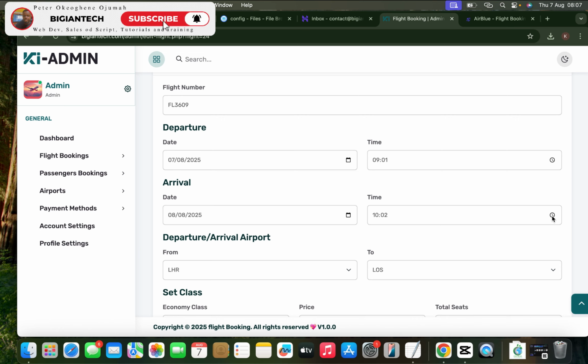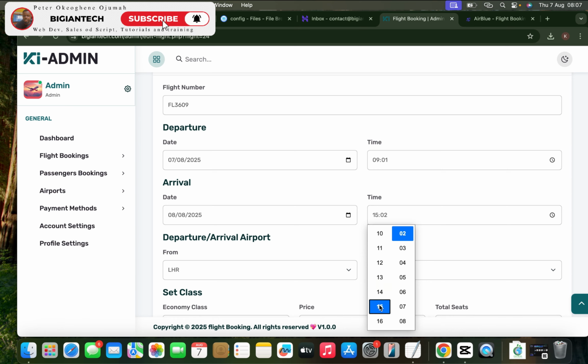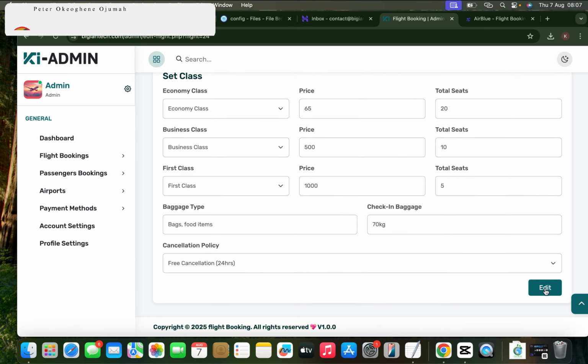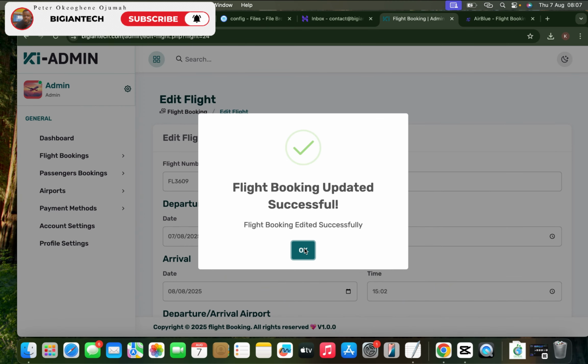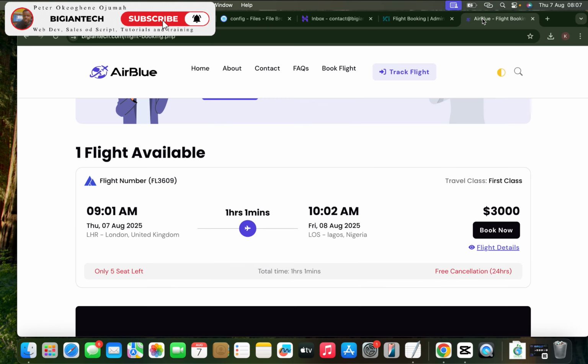So let me just put here from 10 to, and just go down and click edit and click OK. So we've edited this. So I'll go back here. Let me reload this page. You can see 6 hours 1 minute. So this is how you do it. And for 3 users,